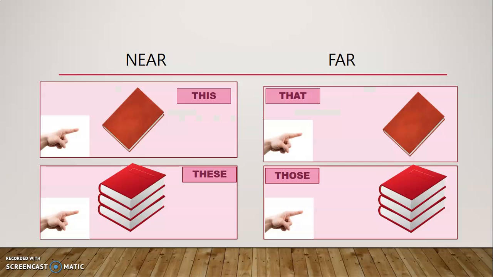This and that are used to refer to a singular object. These and those refer to plural objects. When we refer to things which are very near to us, we use this and these. Far away things or far off things, we have to use that and those. This slide will make very clear the difference between this and that and these and those.